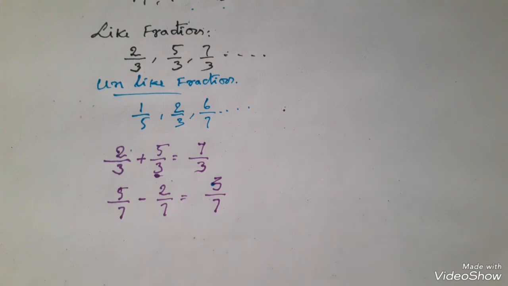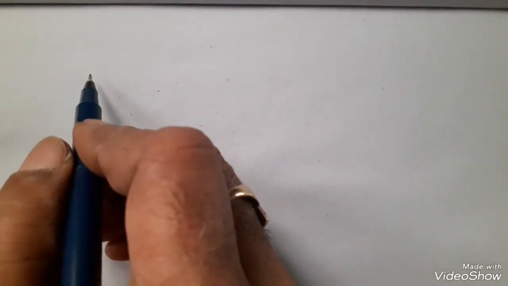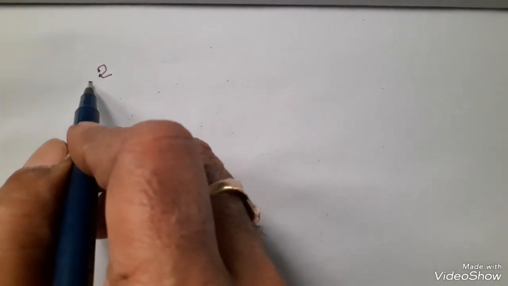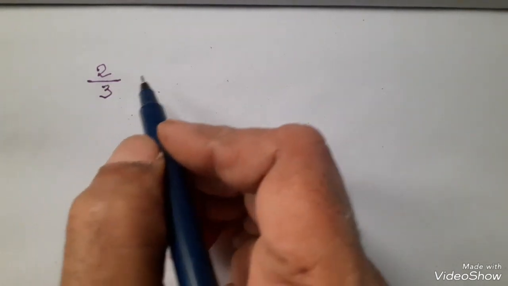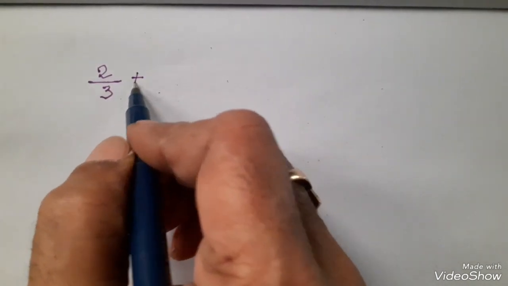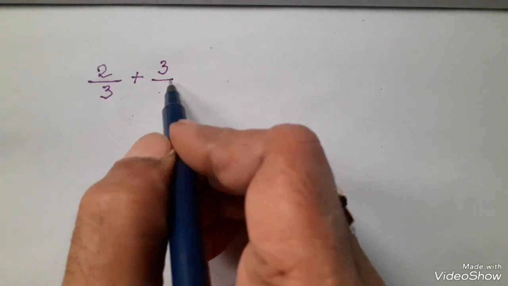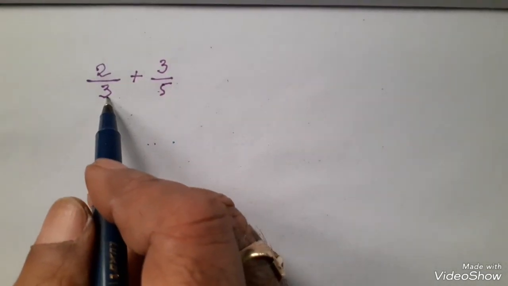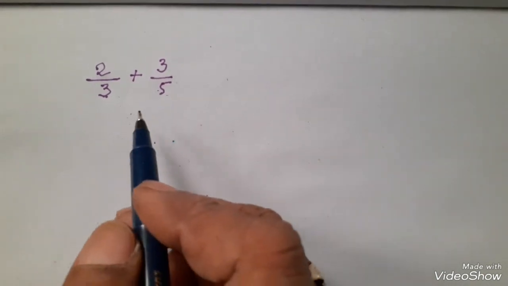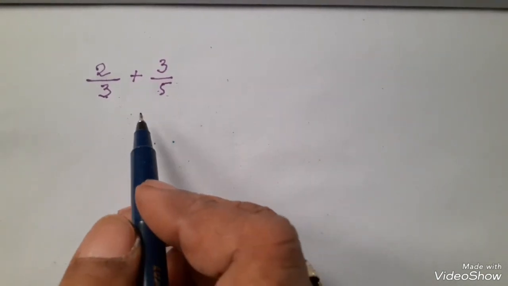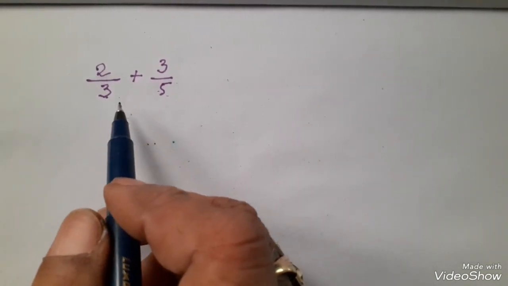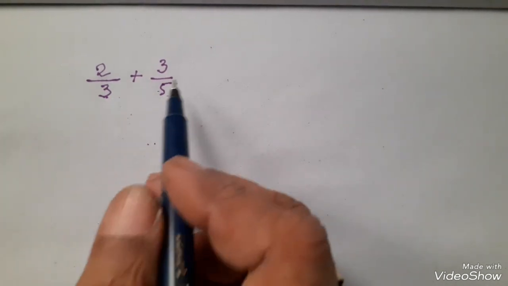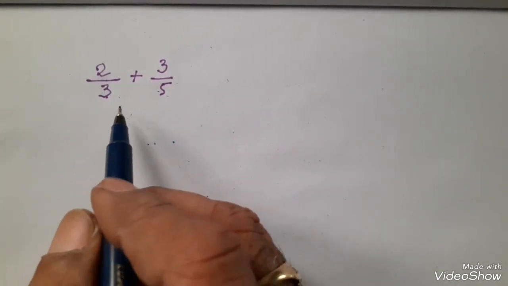Now what about unlike fractions? Now you see unlike fractions. For example, 2 by 3 plus 3 by 5. So here for 3 and 5 there is no common factor other than 1. In such cases, how can we add? Both are unlike fractions. Simply